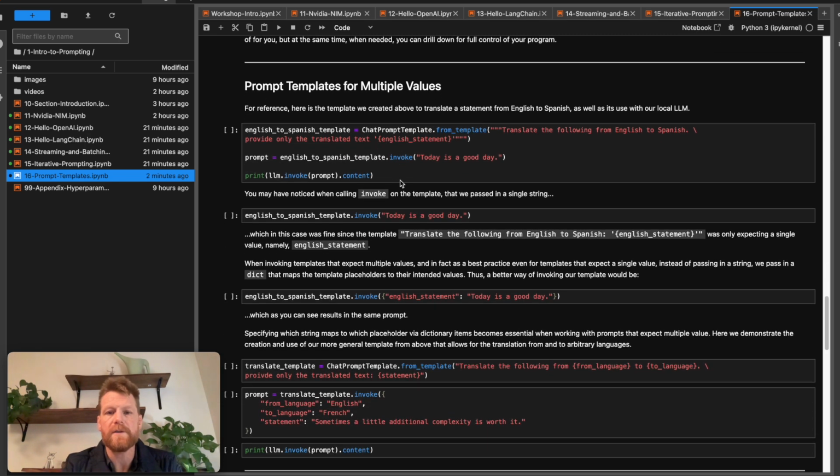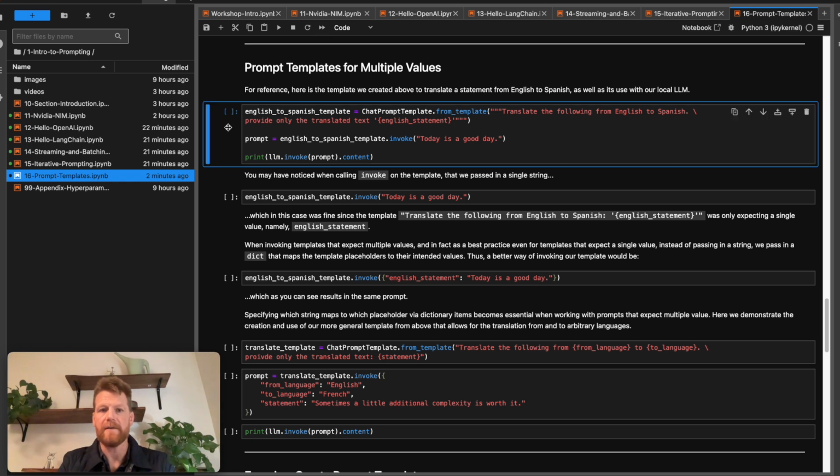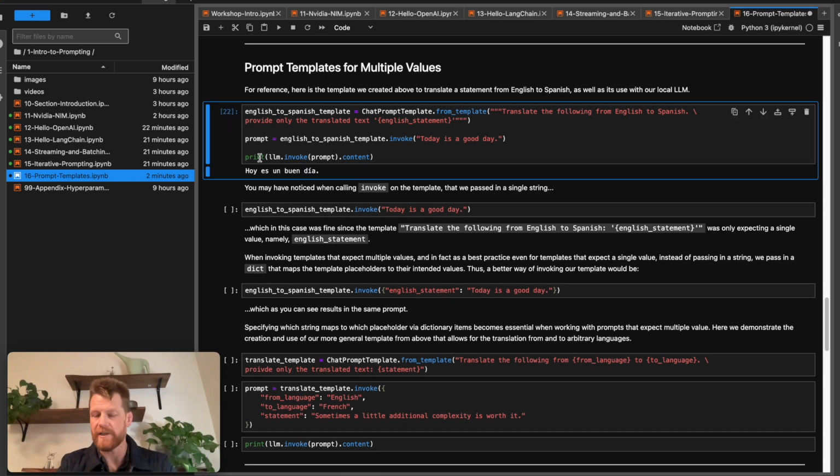Okay, so we looked just now at how to do a single value prompt template and how to invoke a model with that prompt template when we only parameterized a single value, right? But now we're going to take a look at how to do that with multiple values. Okay, so just for reference, because we took a little bit of an aside, here's the entirety of what we just did in the previous section of